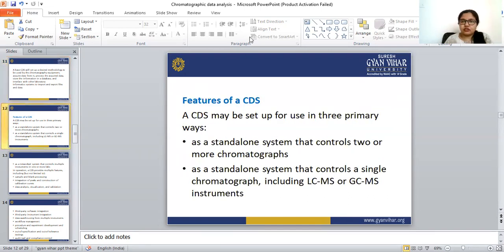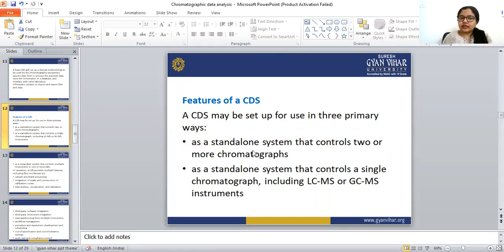Some features of the CDS. Let's see the features of the CDS. The CDS may be set up for use in three primary ways. The first one is as a standalone system that controls two or more chromatographs.